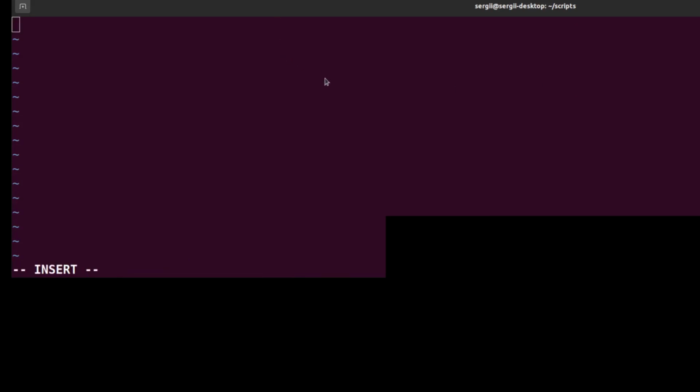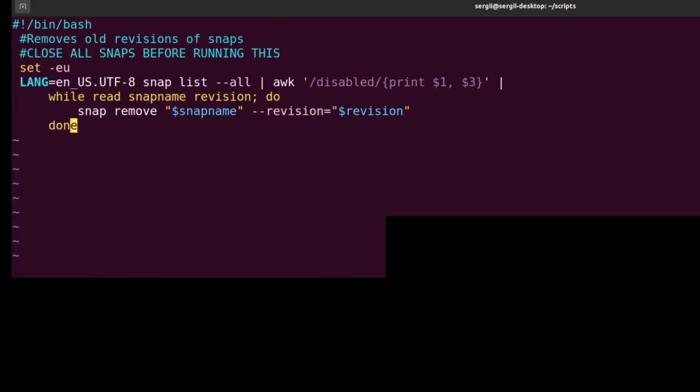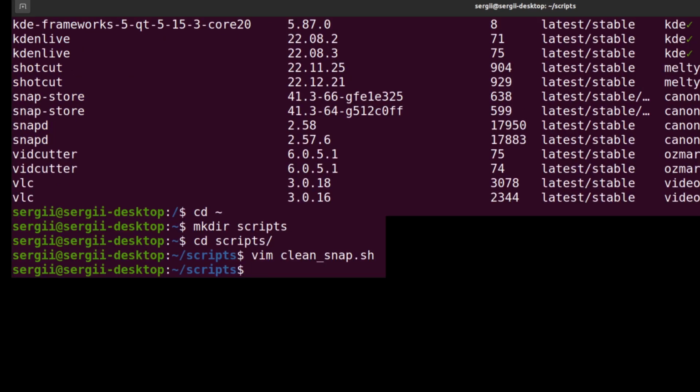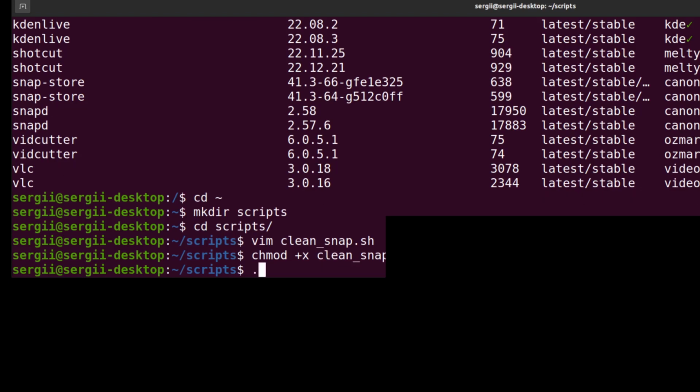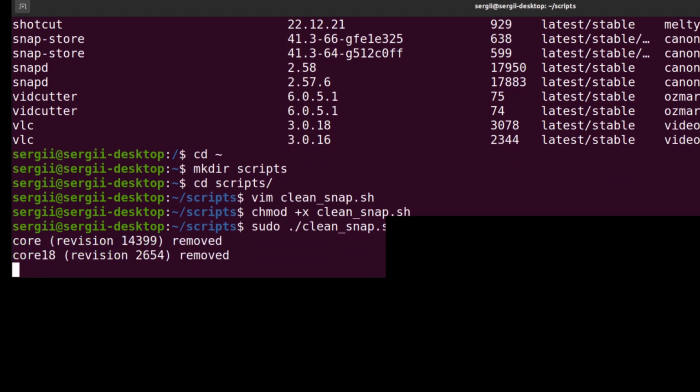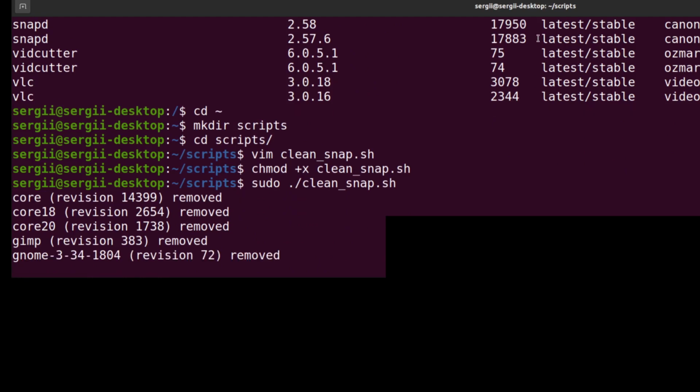Then I paste that script that I found and save it. Then this command to be able to run it, right? Then I'm running this with sudo. Okay, and let's see what's happening.